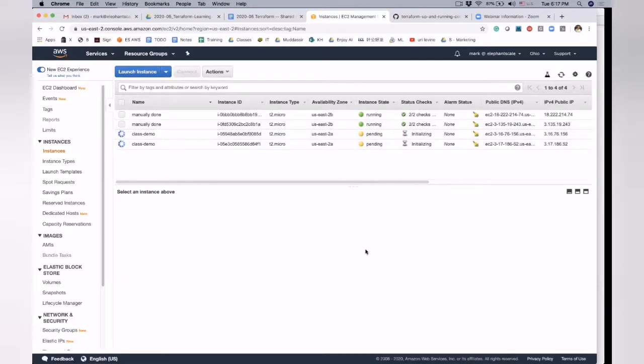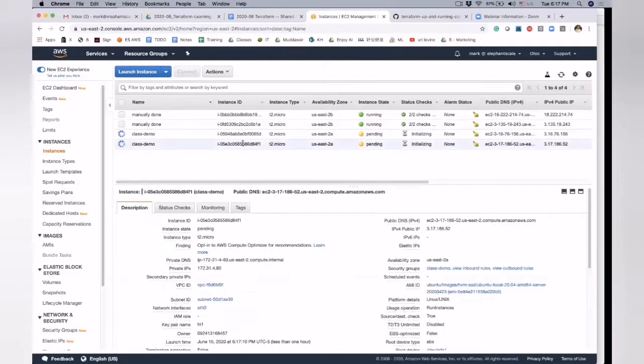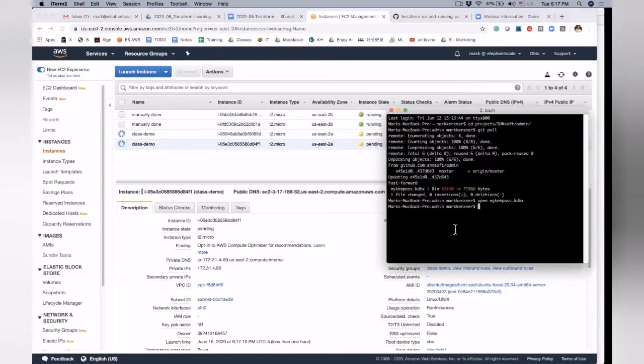Now, the next step is I'm going to log in to them. How will I log in? I'll take that address. Here's everything about that instance. And here's its public IP. Okay, so I will copy that public IP. I will open the terminal like this.